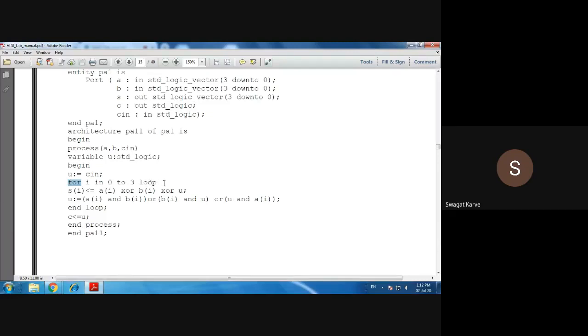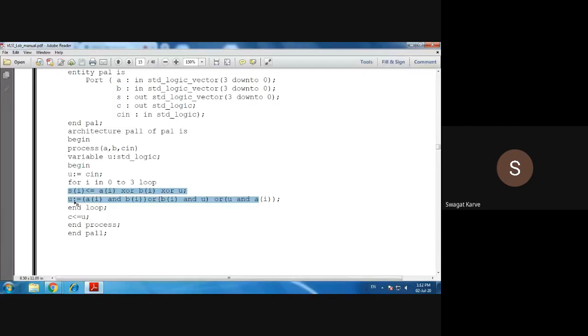And what the loop expression is, si will get value of ai XOR with bi XOR with u. And again this u will get value ai and bi or bi and u or u and ai. That means simply we have written the sum and carry equation for the full adder.